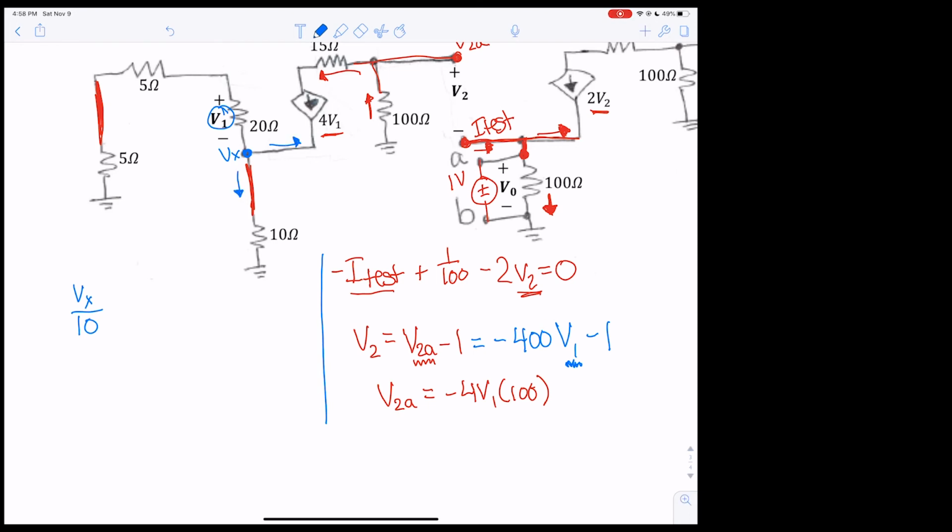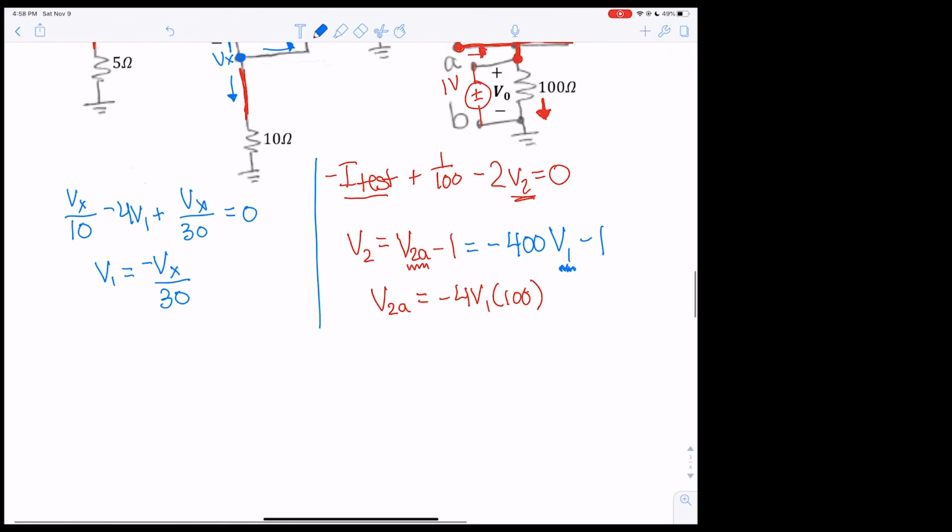This current is minus 4V1. And this current is Vx over 30. And those are my summations. And V1 I'm going to rewrite again as a minus Vx over 30. And I can plug that back in